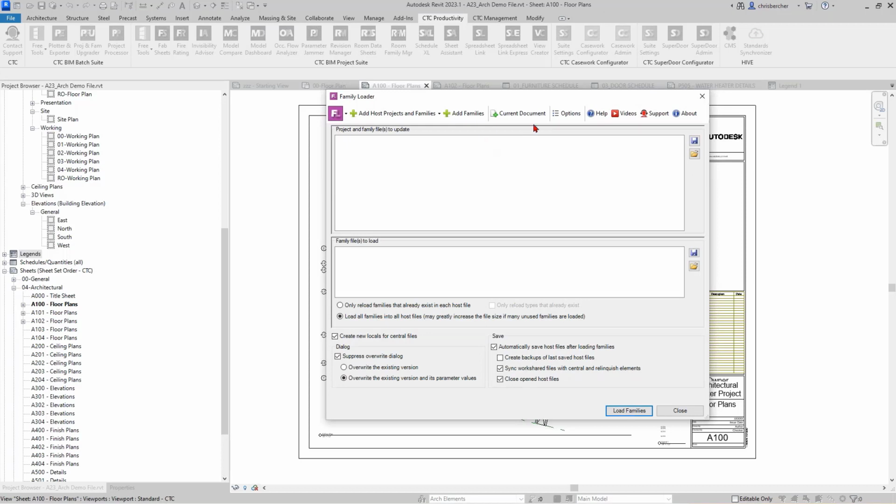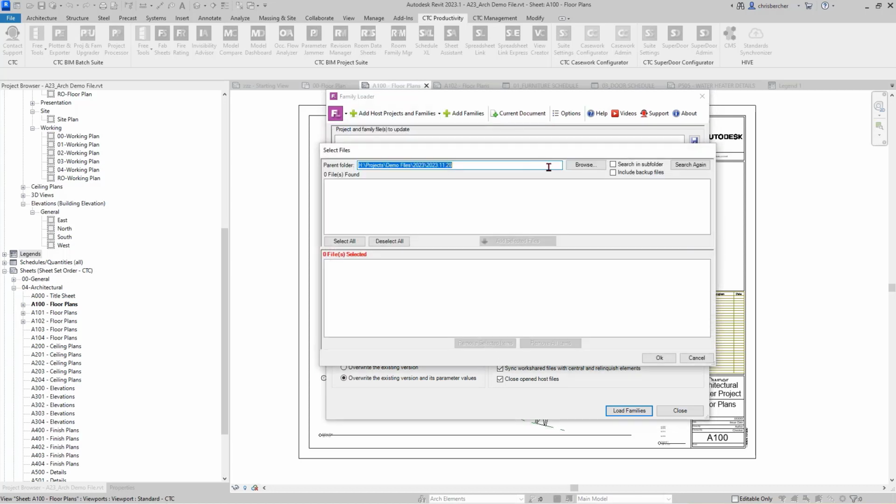So, for example, maybe you're starting a hospital project and there's a bunch of annotation families and title blocks and wall types, or I'm sorry, groups of walls, is a better example, that need to be in a bunch of different projects. Or maybe there's doors that need to be used across the board, and furniture families or equipment families, or you name it. We can batch load those in to our projects